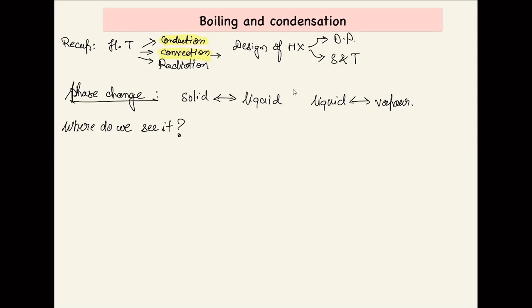So industry requires boilers to heat water, convert it into steam, and then steam is used in so many processes. Then if you go to any distillation tower in any petrochemical industry, it requires a boiler and a condenser. So boiler basically boils, so boiling comes into the picture. Condenser is condensing the vapors, so condensation comes into the picture.